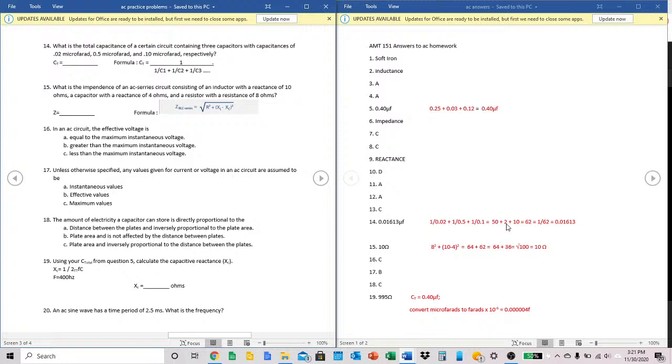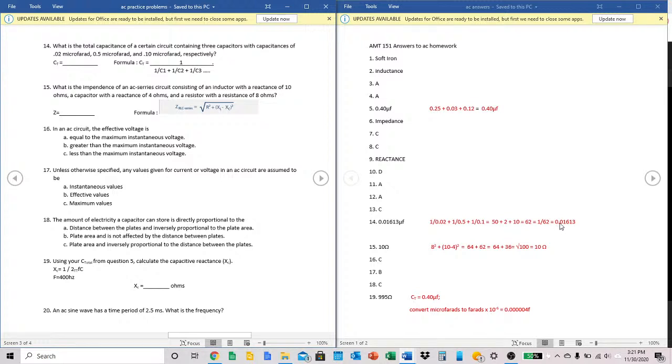And 1 over 0.1 gives us 10. That's a total of 62. And we can't forget to do the last step there, where we divide 1 by 62 to give us